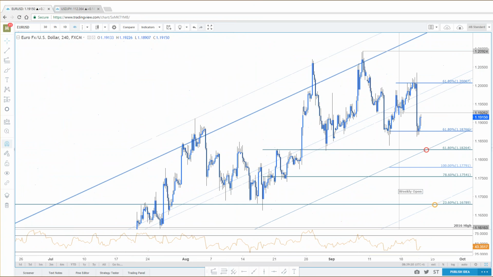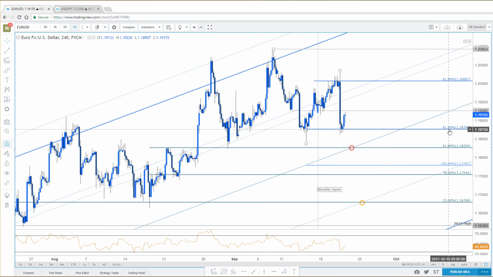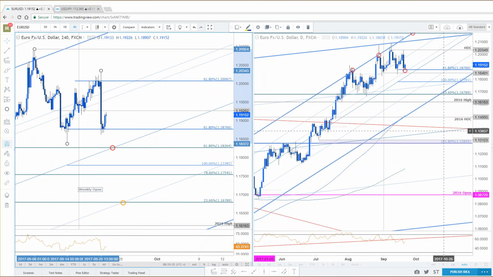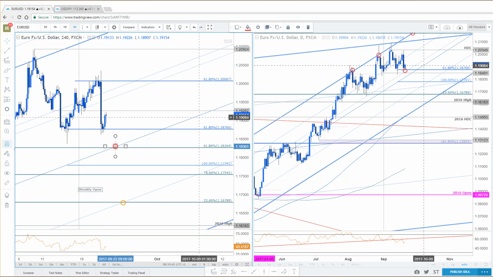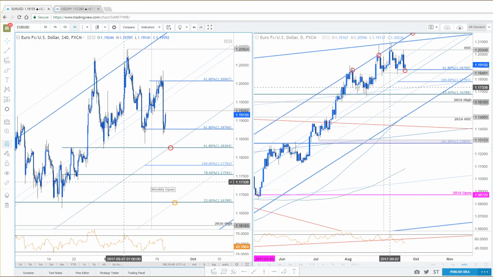One level that I just added this morning, just eyeing this out in my head: the 618 extension of the decline off the highs gives you a little bit of bump room here, 1876. Also, if you look at euro dollar on the daily chart, it's kind of right there as well. So not too surprised. Could see a little bit of a bump up here, but I do think inevitably you look for a drop lower near that 118.26 level at the 618 retracement. And that coincides very nicely with the median line.